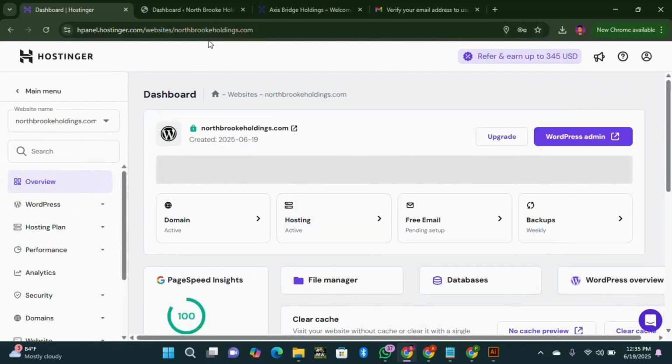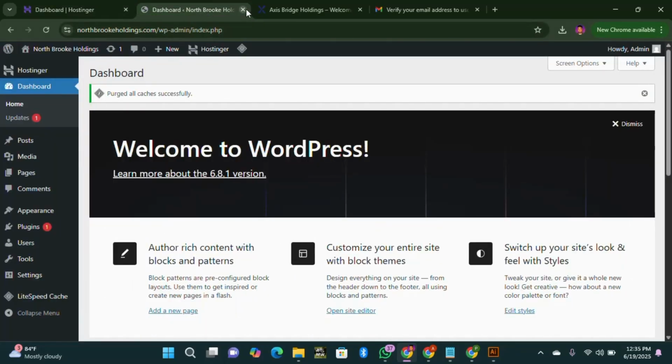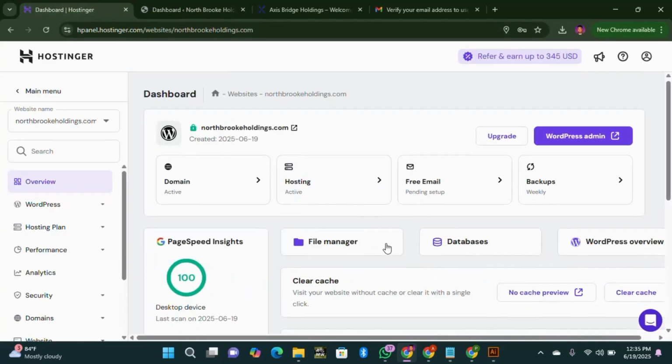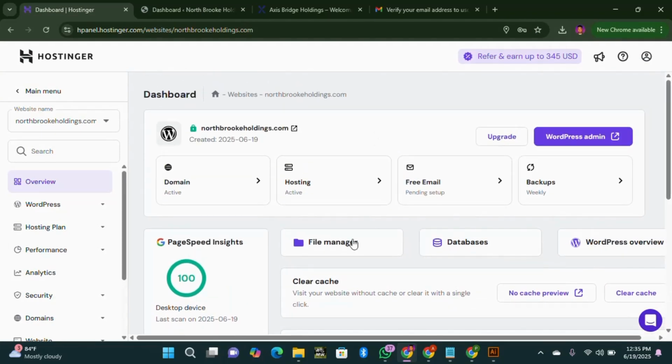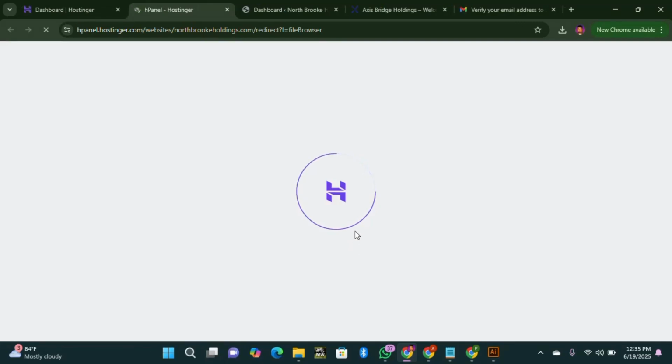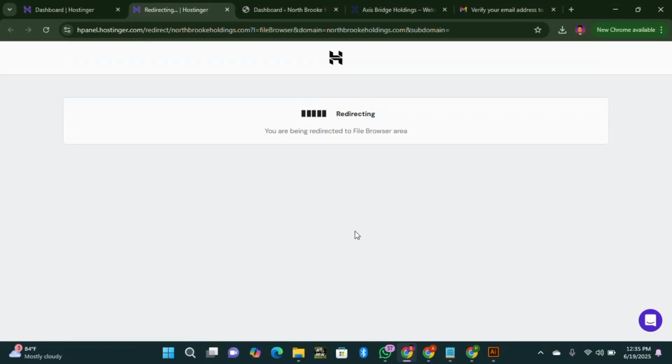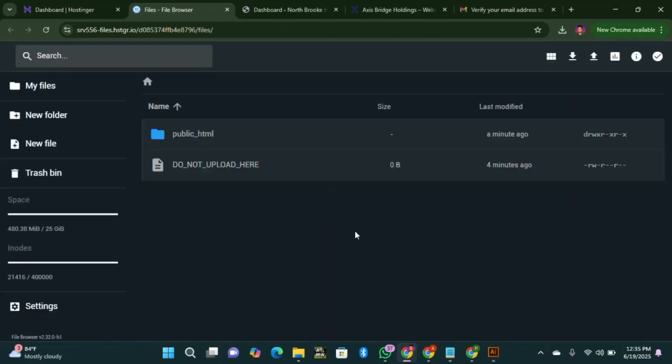So we are back here now. Let's close this. All right, let's leave it. So first thing you will do now is come to your file manager. This tool can be used on traditional cPanel. So this is hPanel, but you can use cPanel too. For the cPanel, after you install your WordPress and everything is set, just go into your cPanel and go to